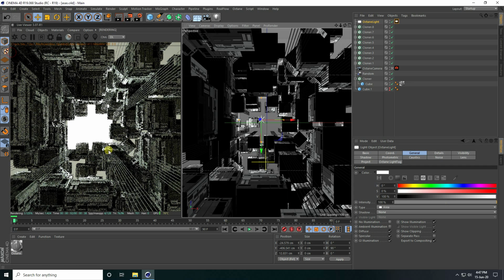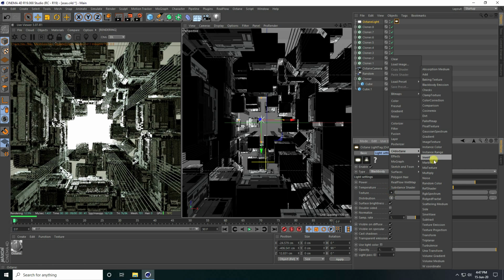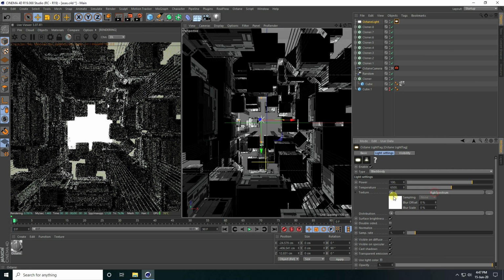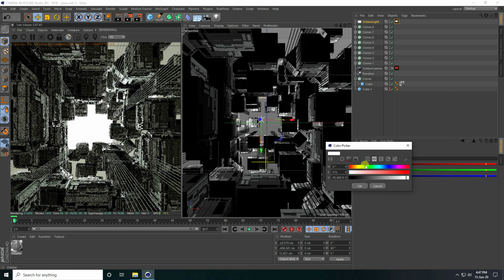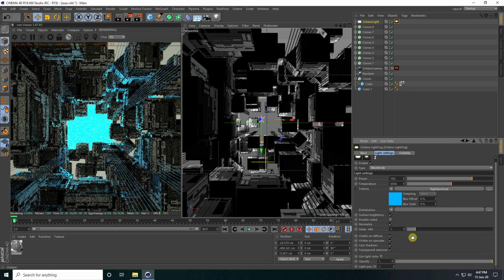Okay, so guys, now also change this light color. So select this light tag and texture, use RGB spectrum and click. Guys, I take blue color, you can take anyone, but I like blue color. Yeah, and all is good.